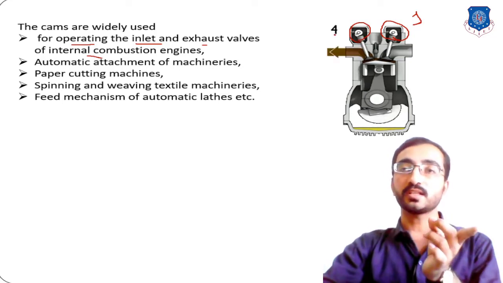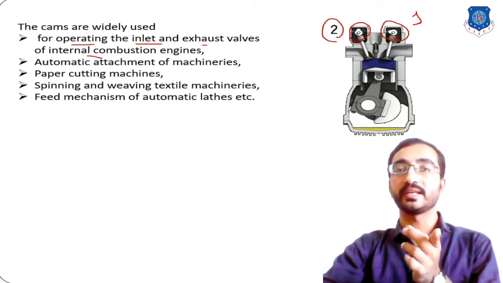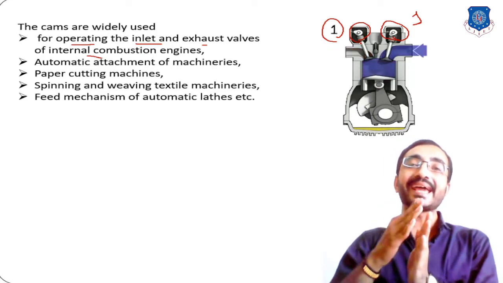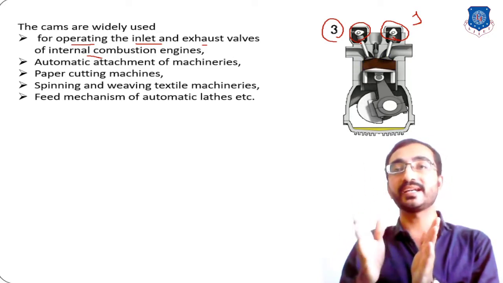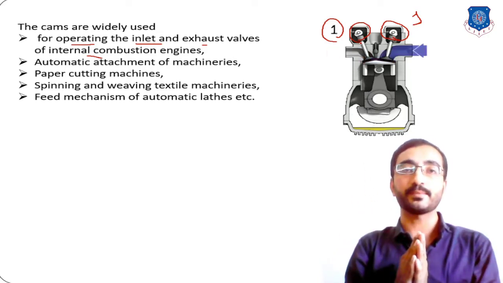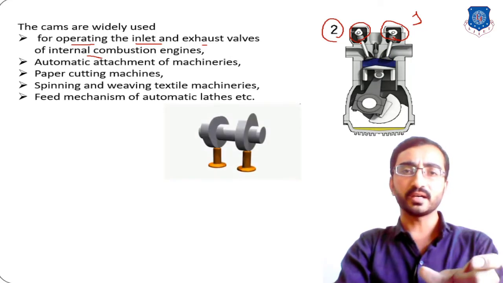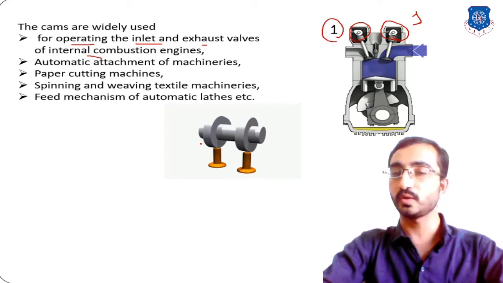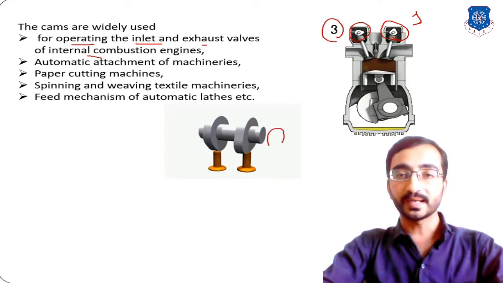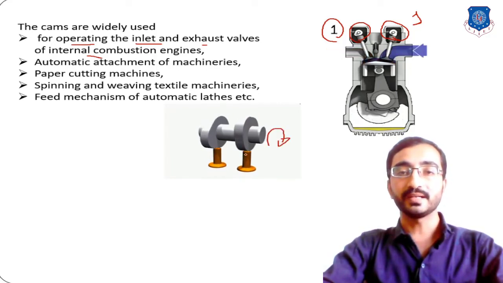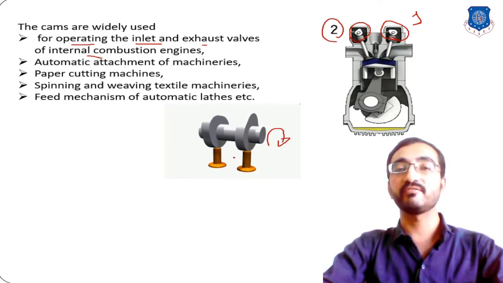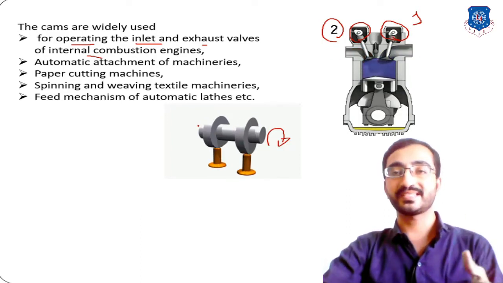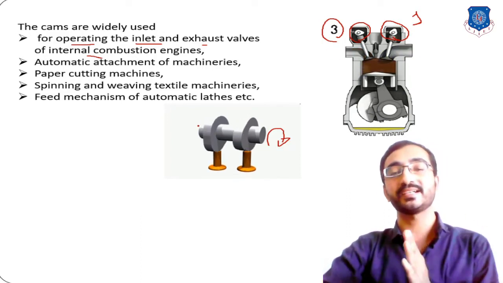But for the fourth stroke, that is the exhaust stroke, if you observe, at that time your exhaust valve will be open and your inlet valve will be closed. So how do we get this type of arrangement? By arranging this type of system, that is cam and follower, if you observe this figure, you can easily understand that while applying input rotary motion, we will get reciprocating motion as and when we want to obtain this reciprocation.